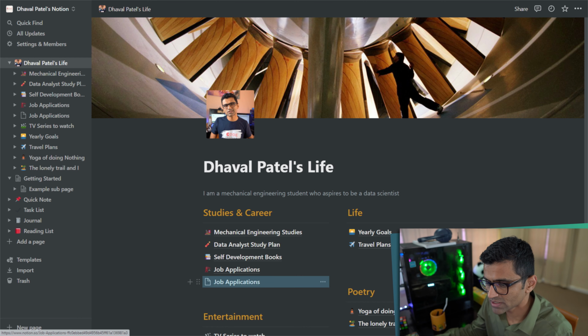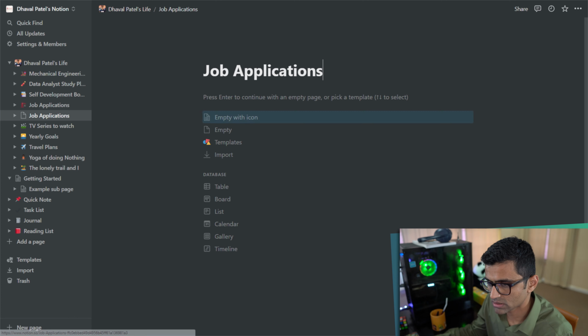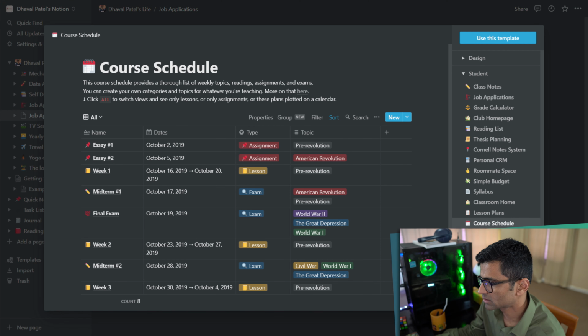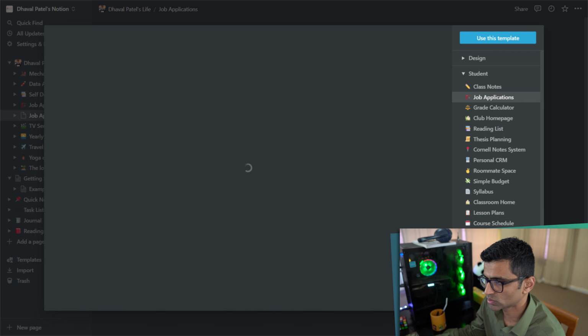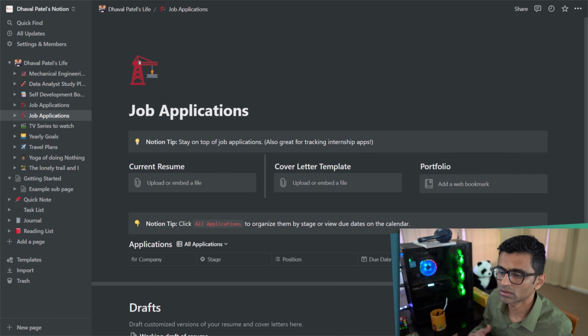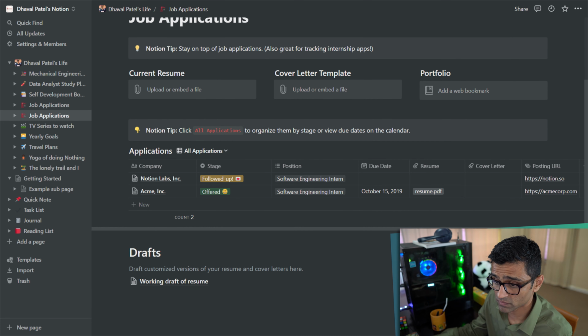And this page, I will say templates. So from templates I will select my job applications, and if you say use this template, it will create this page for you.